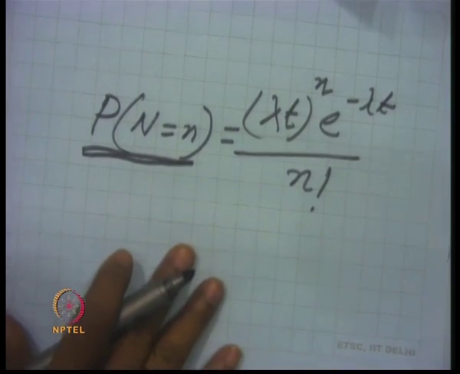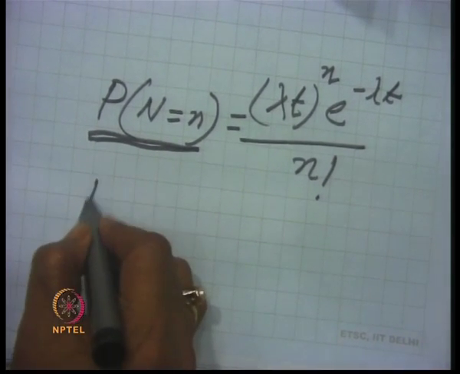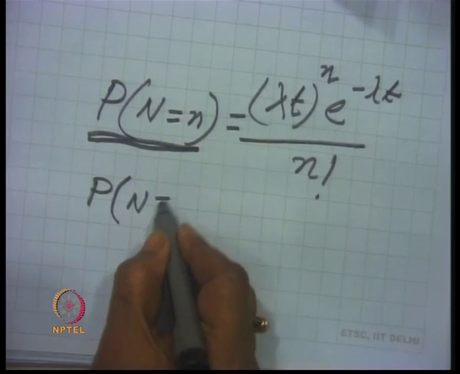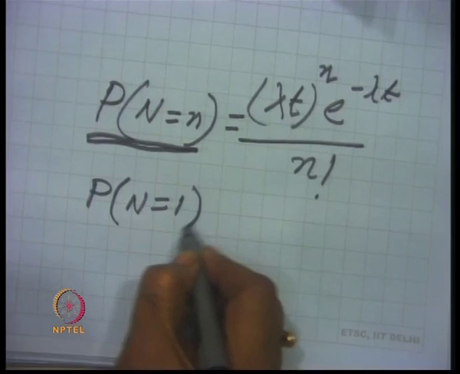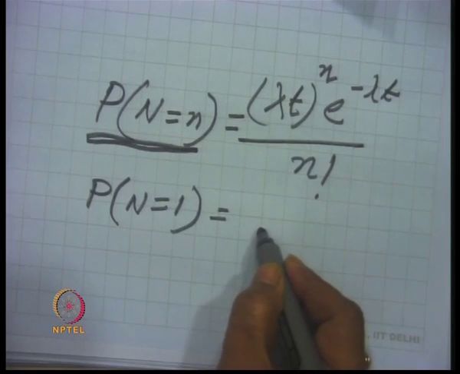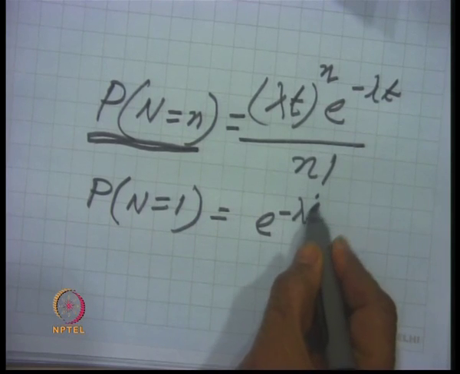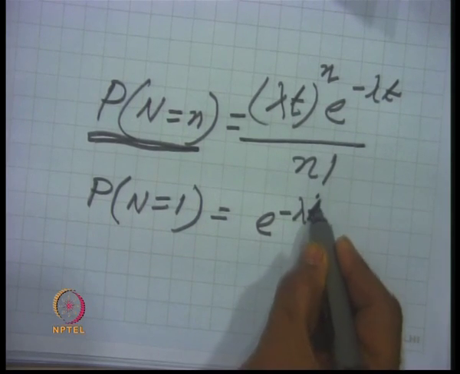Now, from this one can show that p n for n equal to 0 will be equal to e to the power minus lambda t